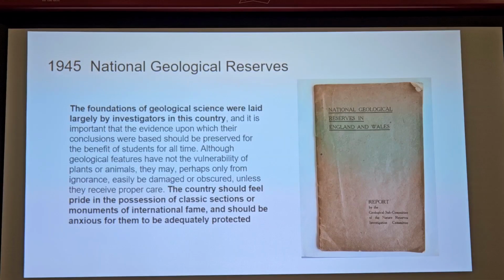Okay, so those were my dates up to here. 1919 was where I got to. And then, so this is a moment in time. 1945, the National Geological Reserves Committee. So towards the end of the war, the Nature Reserves Investigation Committee was set up to specifically look at